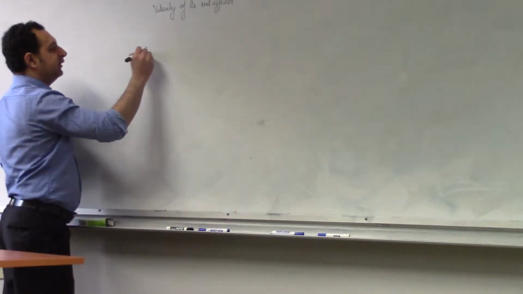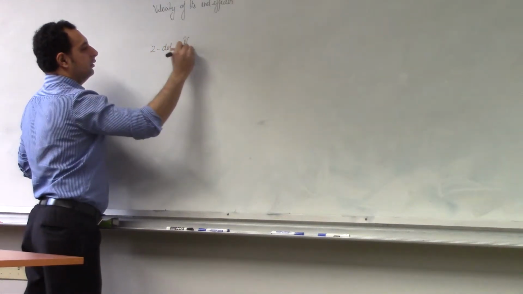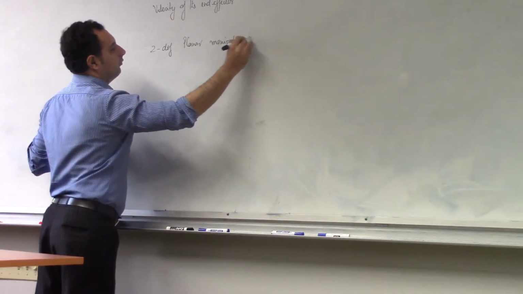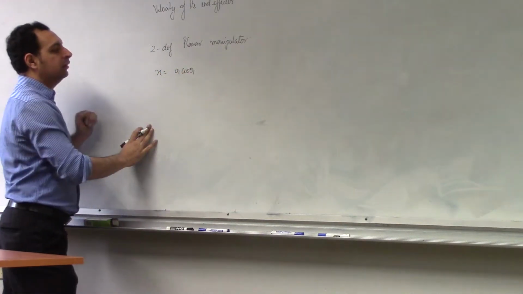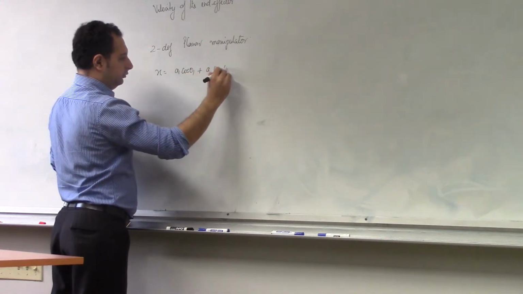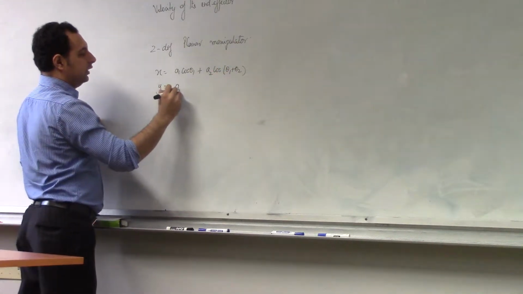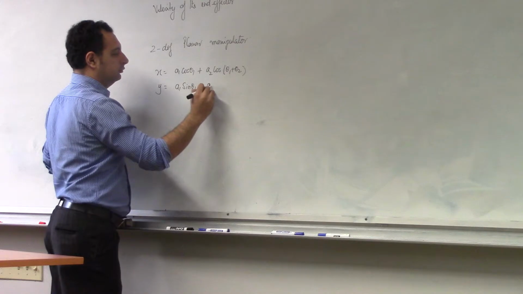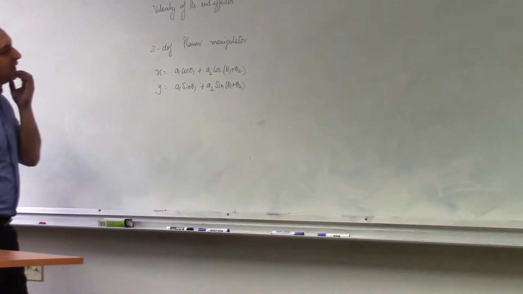So we know that for a 2DOF planar manipulator, X is nothing but A1 cos theta 1 plus A2 cos theta, okay, y will be equal to A1